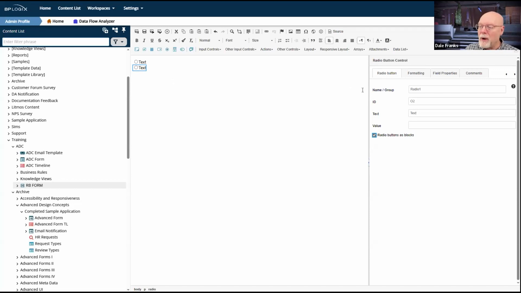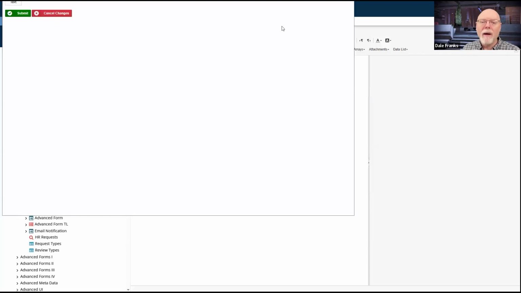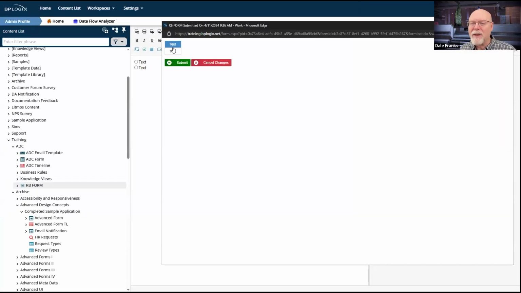But now that they're both in radio 1 as a group, when I run it now, and it will take a few seconds, obviously, to run, what is going to happen is that I will now have two mutually exclusive radio buttons. That's the way radio buttons are supposed to work. Oh, I did have show them as block, so it actually shows them as blocks. Even though it's not showing you the radio button because I said show as blocks, it's giving me this cool little visual look. Note that they are both mutually exclusive. They both say text, though, so that's probably wrong. I'd want to change that.